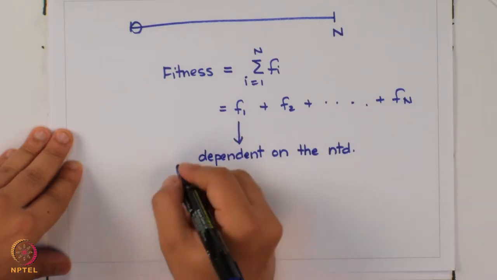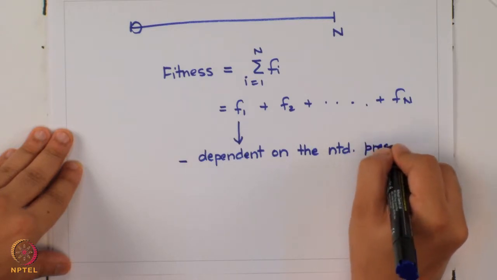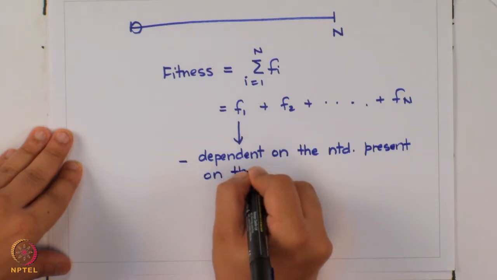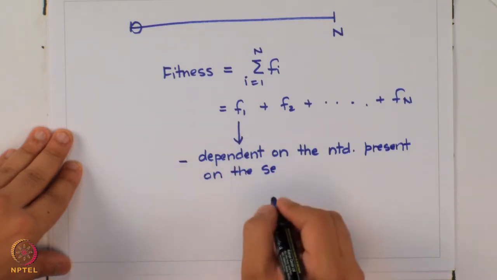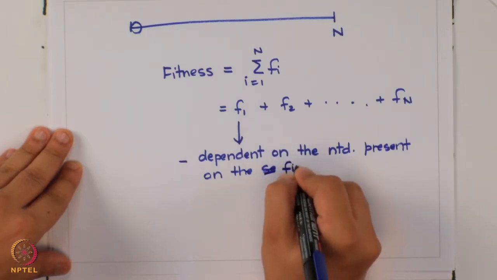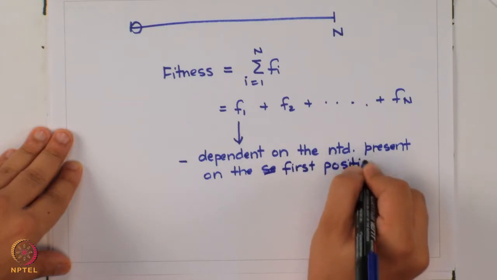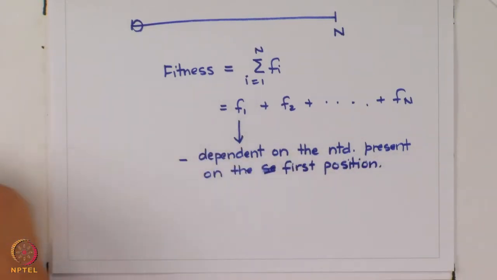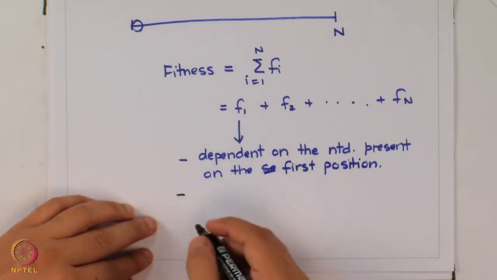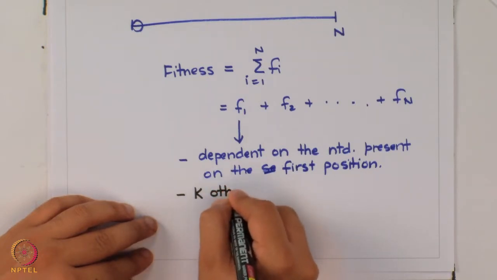F1 will obviously depend on the nucleotide present on the first position. But in addition to that, what the parameter K represents is that it allows you to incorporate K other positions